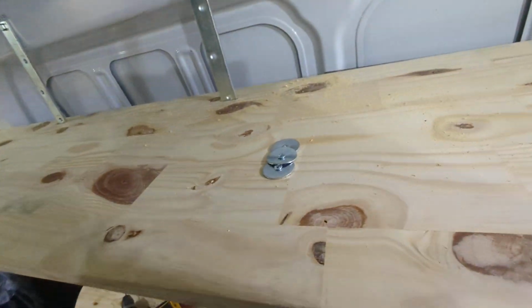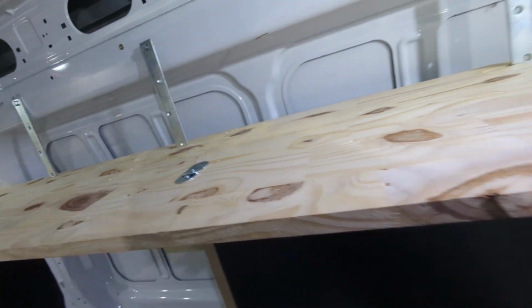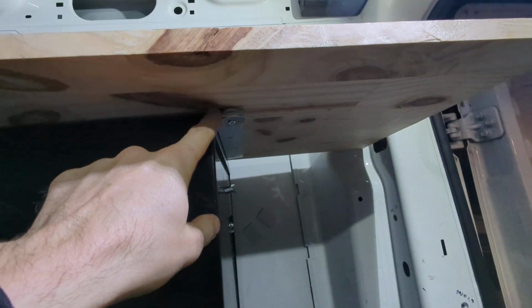But anyway, that puts that under tension. Same thing up top, same concept. I'll remove the middle washer and put a smaller washer in the middle so that there's no bowed washer there. But anyhow, put some spacers between this and the bottom of the shelf. That way the